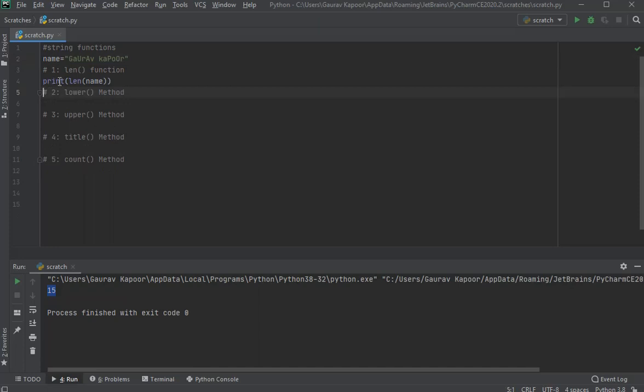Okay, at the upper part I have written len as a function, but here the lower is written as a method. Why? So the basic difference between a function and a method is, a function is a block of code to carry out a specific task. It contains its own scope and is called by a name. So we call a function by its name.